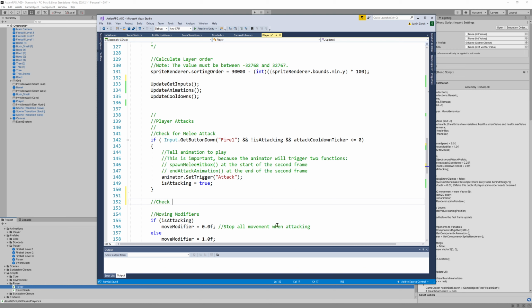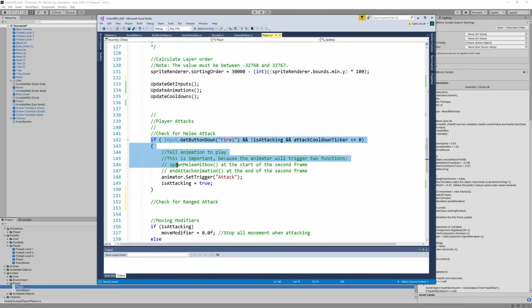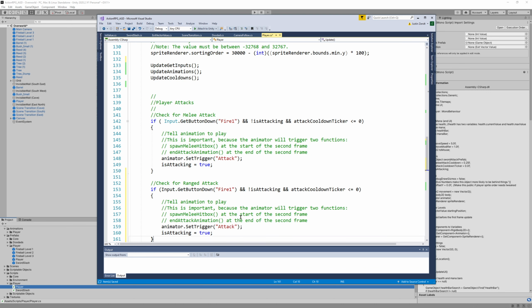So let's go check for ranged attack. And we're going to do another similar check as we did for this. I'm going to switch this to get button up. So when you release the mouse, it shoots the fireball. So you kind of like target it, and then when you let go, it actually fires it. So again, when you're not attacking and when your attack cooldown ticker is 0, you're able to do this. I think we